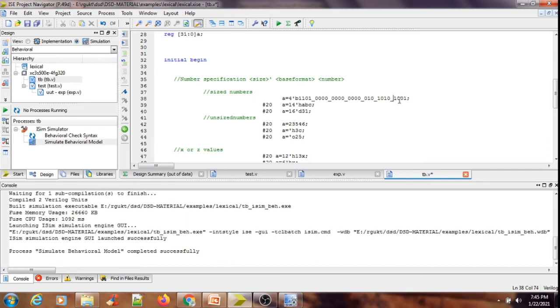Now you can tell 1 2 3 4 5 6 7. That means 7 4s are 28 bits present here. Of course, just ignore this one. Okay, I have taken it like this, but 28 bits are present here. So underscores are used mainly for readability purposes.